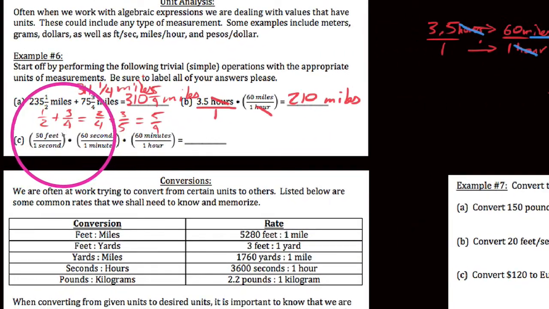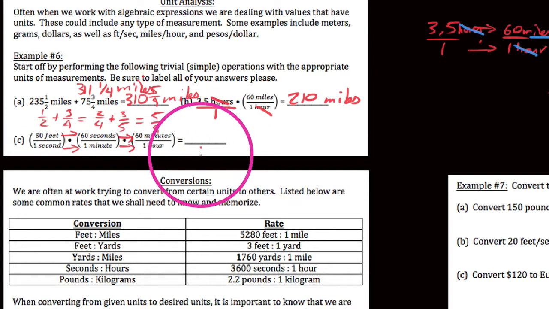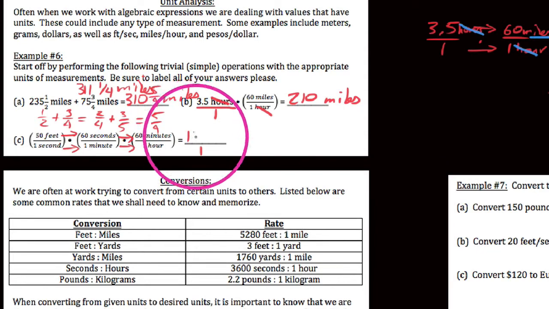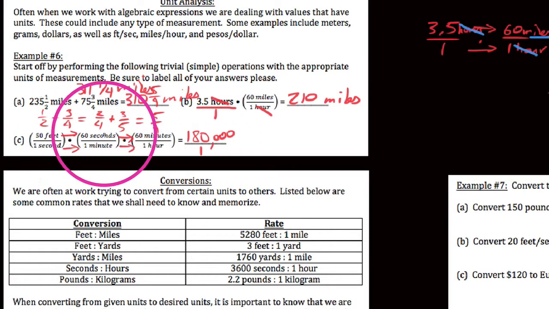We've got a lot of multiplication to do straight across. That's how fractions work. So we'll do the top and the bottom. As a matter of fact, the bottom, 1 times 1 times 1 is 1. On the top, 50 times 60 times 60. Suppose we could do this here. We could say 50 times 60 times 60, and we get 180,000. So we get 180,000. But this time, what I want to be able to do, instead of writing feet, seconds,